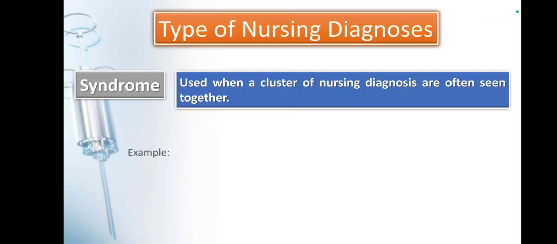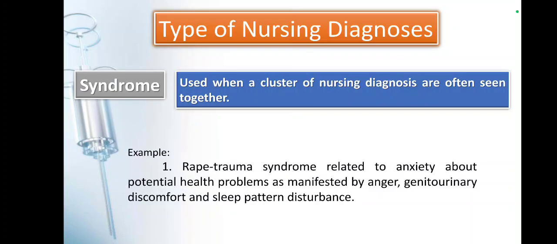So the last type of nursing diagnosis is the syndrome. A syndrome is used when a cluster of nursing diagnoses are often seen together. So we may have two or three actual problems. So this is a syndrome, a cluster of problems of the patient. For example, we have rape trauma syndrome related to anxiety about health, potential health problems as manifested by anger, genitourinary discomfort, and sleep pattern